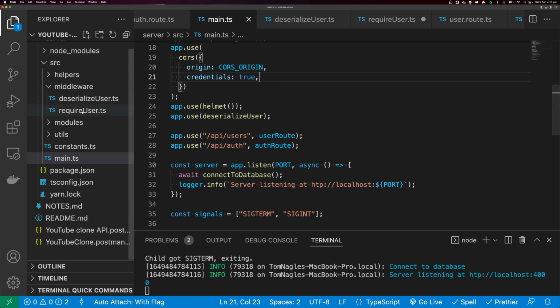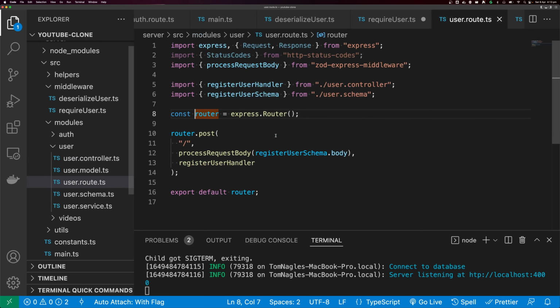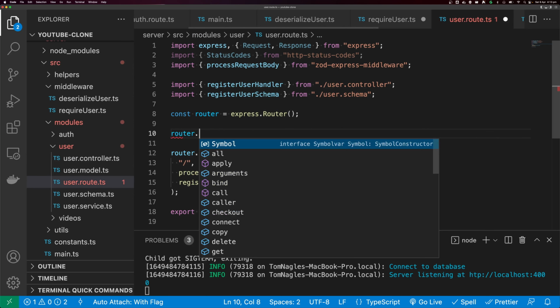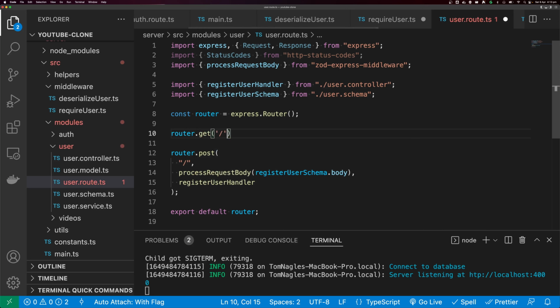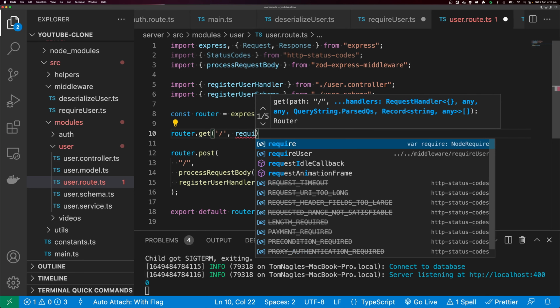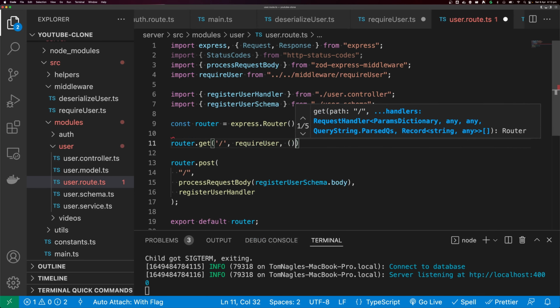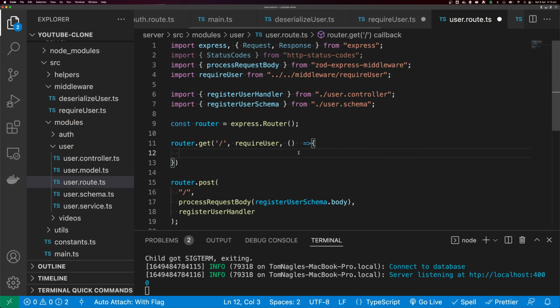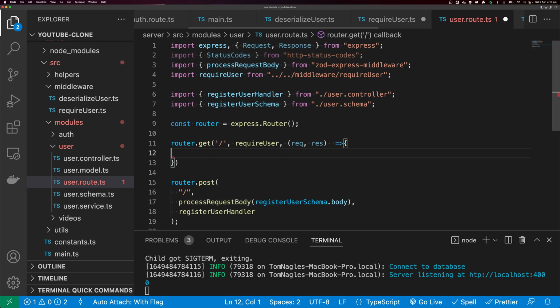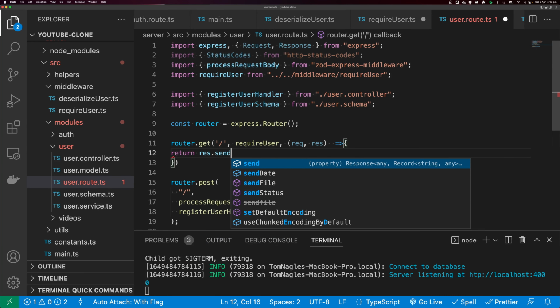And we need to use the require user middleware to do that. So inside of the user routes, I'm going to say router.get, and I'm just going to get on slash. So this is going to be /api/users. Then we're going to use our require user middleware, and we can just provide a callback function. We can say req, res. Then we can return res.send